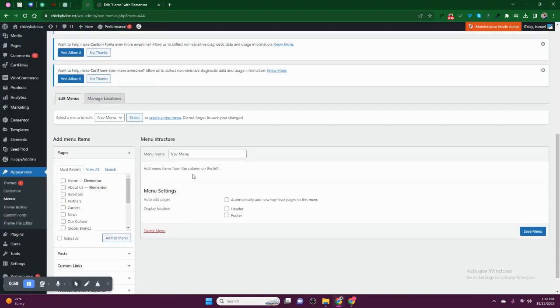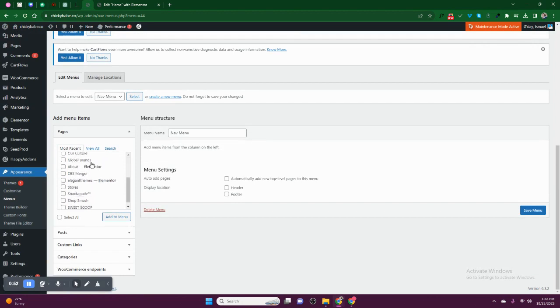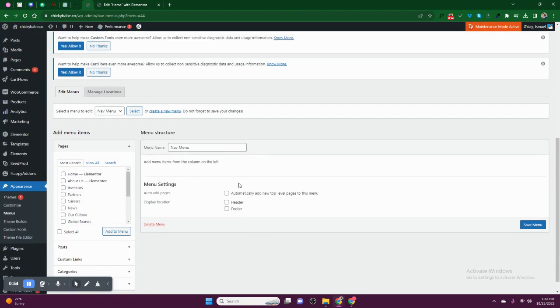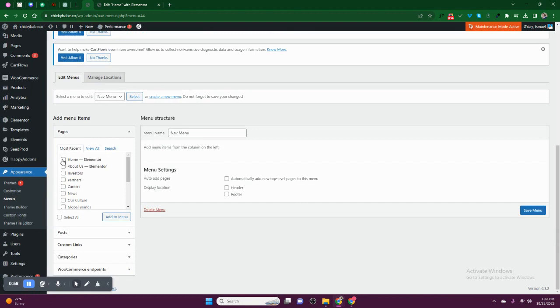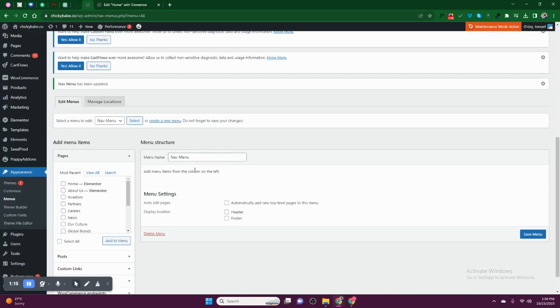After creating a nav menu, these are the pages which you can add to your menu. So what you do, you select the pages here you need to add to your menu. For example, you can add 1, 2, 3, 4, 5, 6. These pages here can display in your menu. So what you do next, you click save menu. After saving the menu,